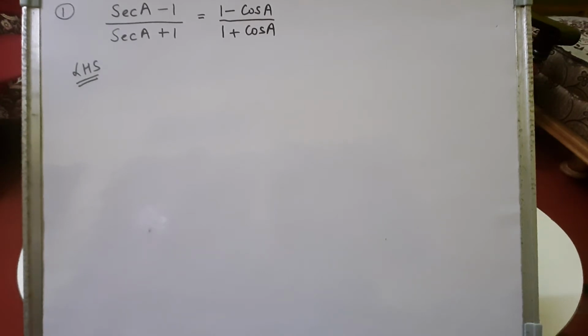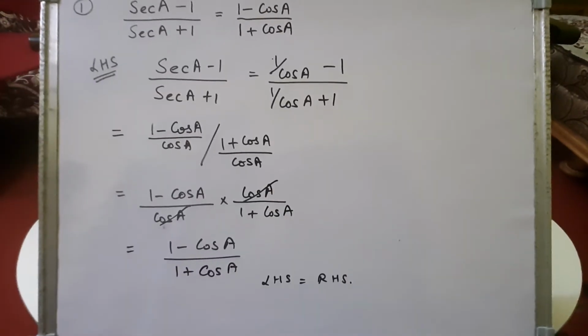So generally what we do is solve one side and try to prove that the value of that side equals the other side. Suppose you are taking LHS, so we solve the left hand side and prove that the left hand side equals the right hand side. There will be times when we have to solve both the sides, right? And try not to change the question, but we can transfer terms, though we try not to transfer, right? Let's see this sum. So let's see the solution now.